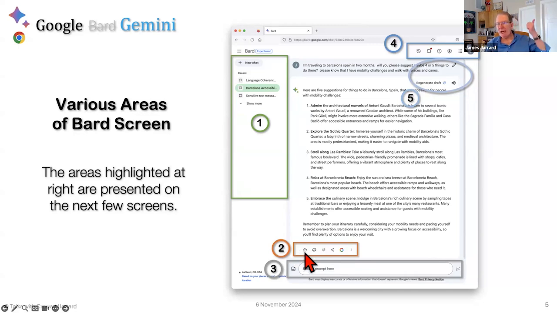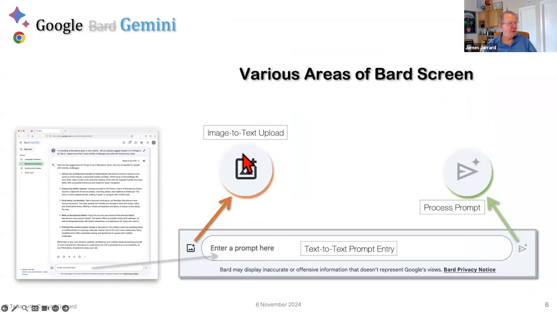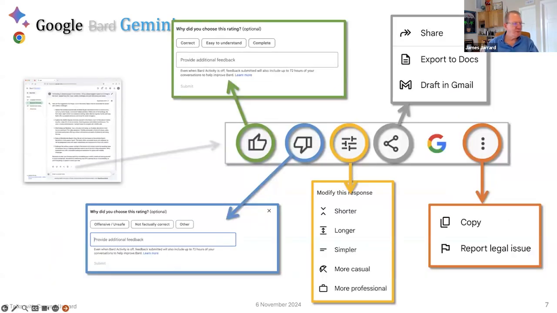This is the feedback to the AI. Hey, I did the right thing. I'm going to do more like that. You know, it's kind of like me. I try to please people. And if they're kind to me, I'll be more pleased. Share. Here's the prompt area. Again, there's the ability to upload an image, process it. You can put an image and say, what's this image? You know, our archaeologists use this to interpret papyrus from the Egyptian tomb.